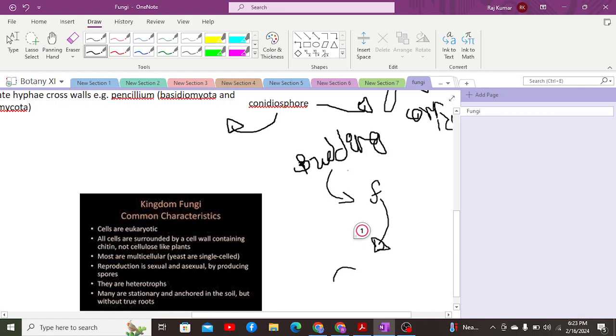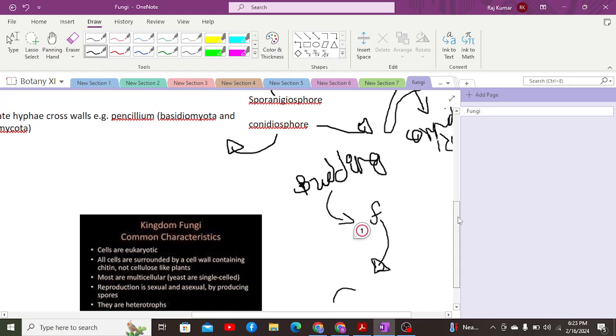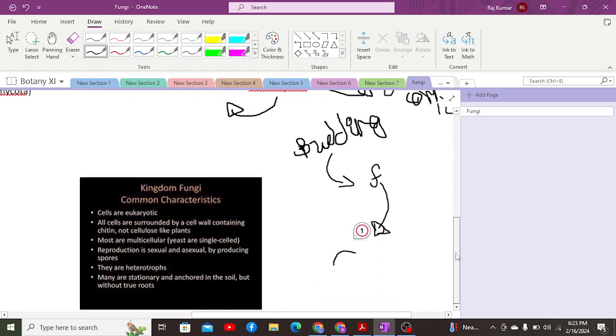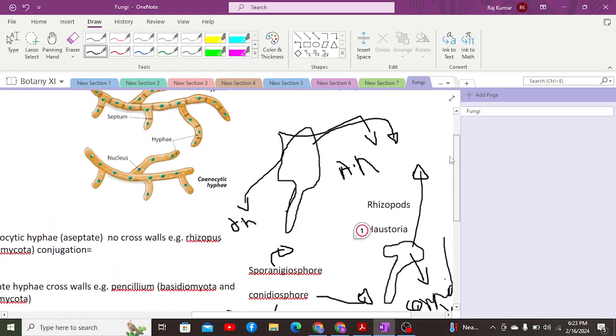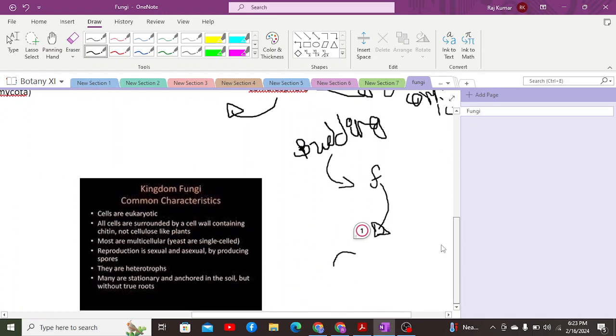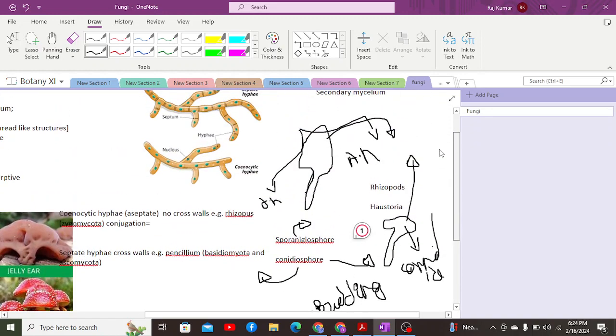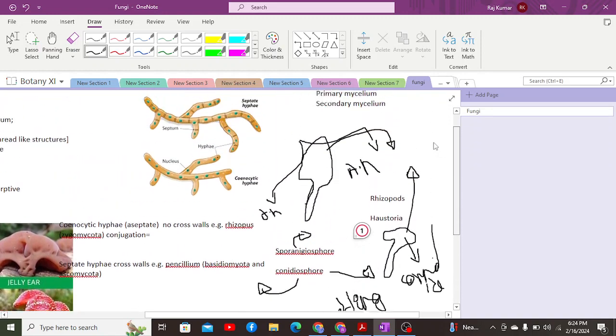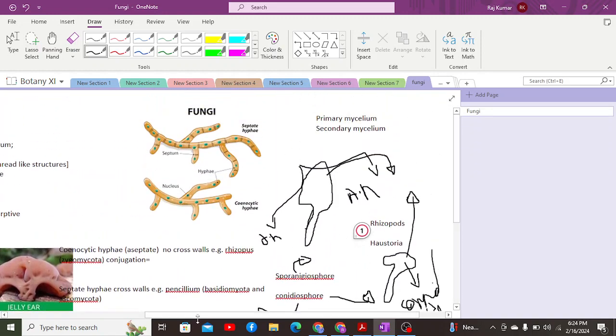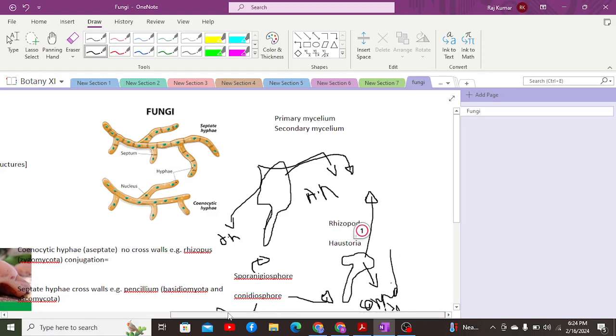And budding occurs in my hyphae, right? So budding occurs in hyphae and fragmentation in the mycelium, right? And after that, when it comes to some other part, these are the asexual reproductive processes. And when it comes to sexual reproductive processes, before discussing them, let us discuss the evolution point